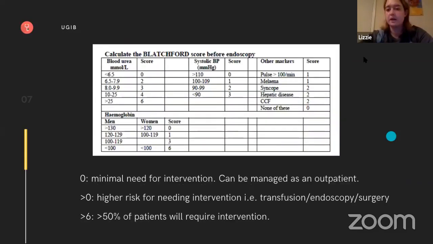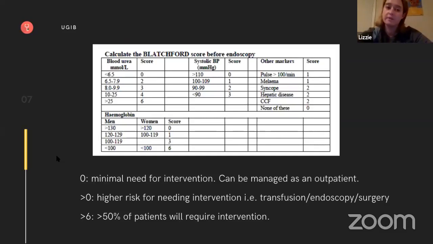And then very quickly, I don't want to bore you too much with this, but some scores you might be familiar with and you may be asked for in upper GI bleed patients, particularly those who are coming to A&E, have ambulated in, who are relatively stable. Your Blatchford score you do before your endoscopy, and it essentially quantifies patients who would require treatment and intervention and